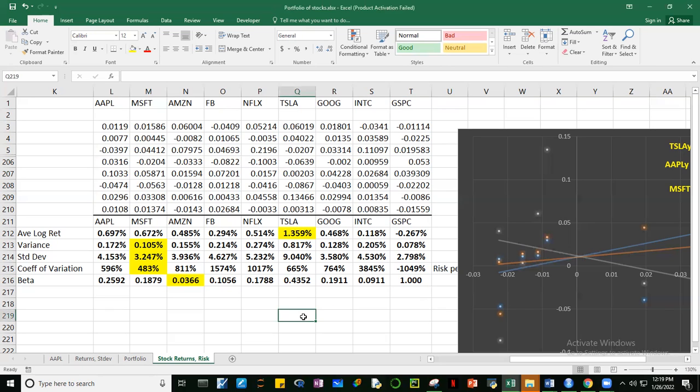All right. Okay, so far guys, what have we done? We have learned how to compute for the returns of each individual assets, no? Compute for the risk of each individual assets, 2 ways, either